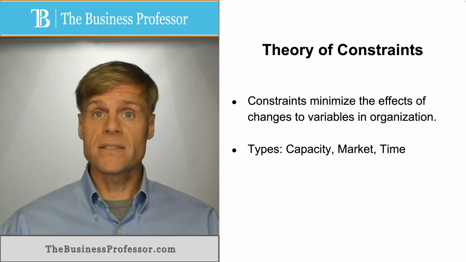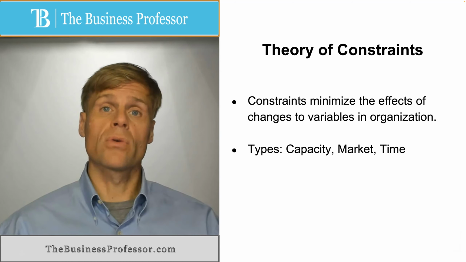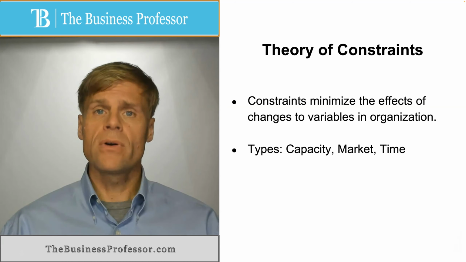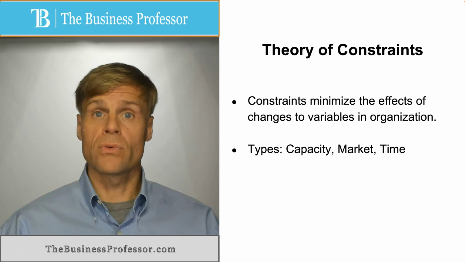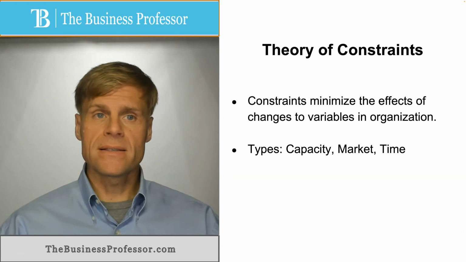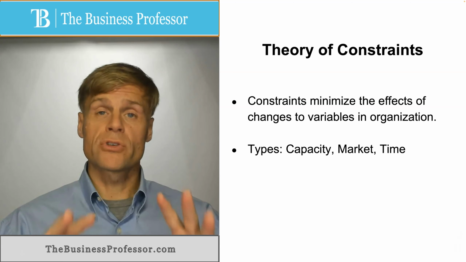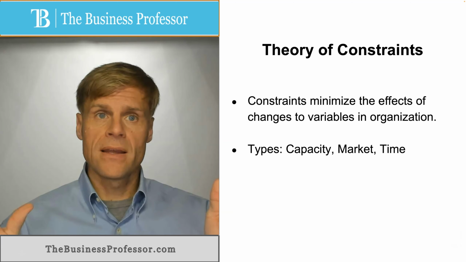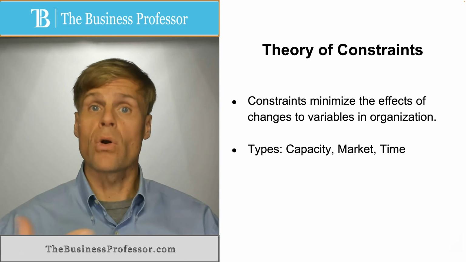So these constraints, once again, are the primary contributors to underperformance, that is, the company or organization not meeting its objectives or goals. So what are some primary types of constraints? Well, capacity constraints, the inability of the organization to meet its order requirements or reach its full capacity for production. Market constraints, that's the market's lack of demand or the lack of priority among customers for the product or service created by the company. So this demand does not necessitate the capacity of the organization. So once again, it's operating under capacity or overproducing.